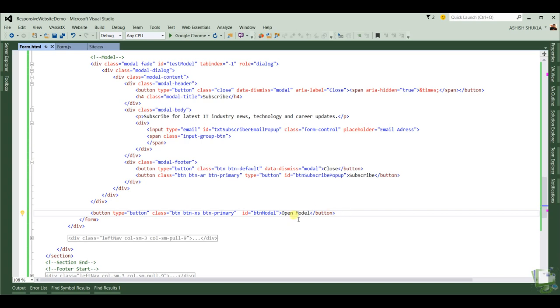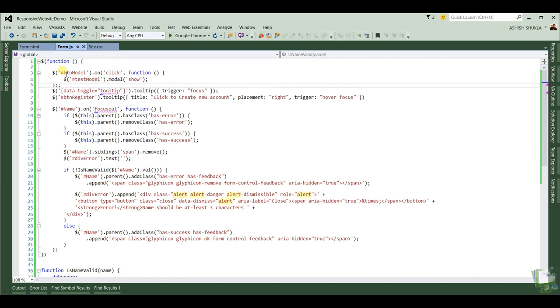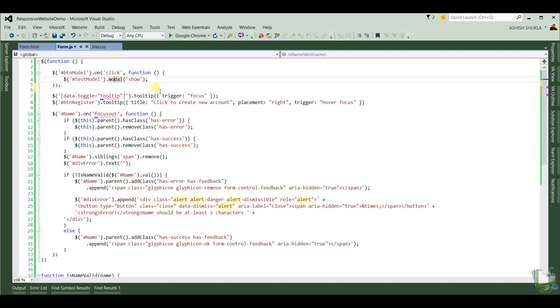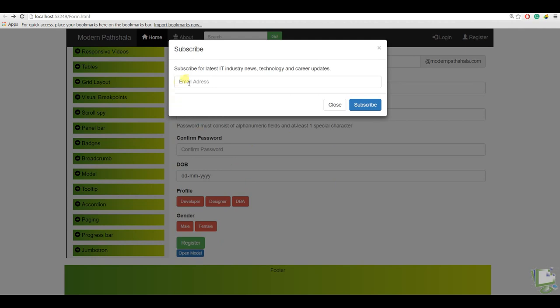Here inside form.js I have added code to open the modal, and on click of the btn-modal button I have just used the jQuery ID selector of the modal and passed the show value to the modal function. This is sufficient to open a modal. Let's save the changes and refresh our page. Now if we click on Open Modal, the jQuery modal function will open our modal.